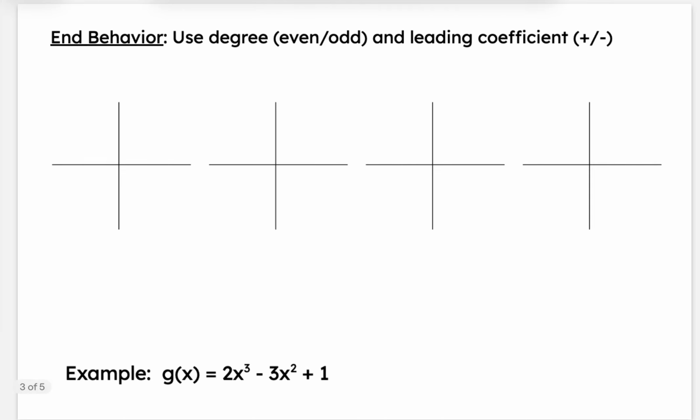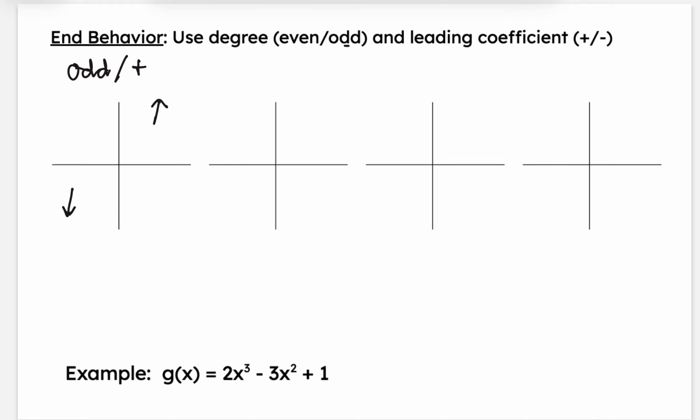So we're going to start by talking about end behavior. There are 4 different categories of polynomial end behavior we can look at. We're going to use the degree, whether or not it's even or odd, and the leading coefficient, whether or not that's positive or negative. The first one we're going to look at is odd and positive. So odd and positive is going to be